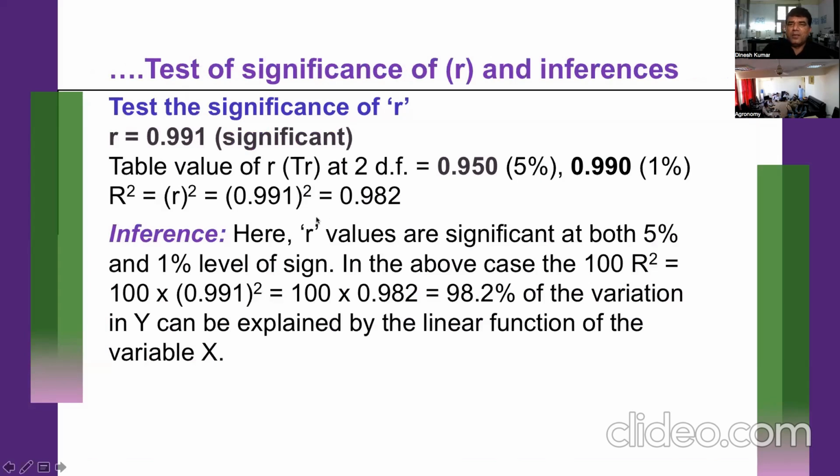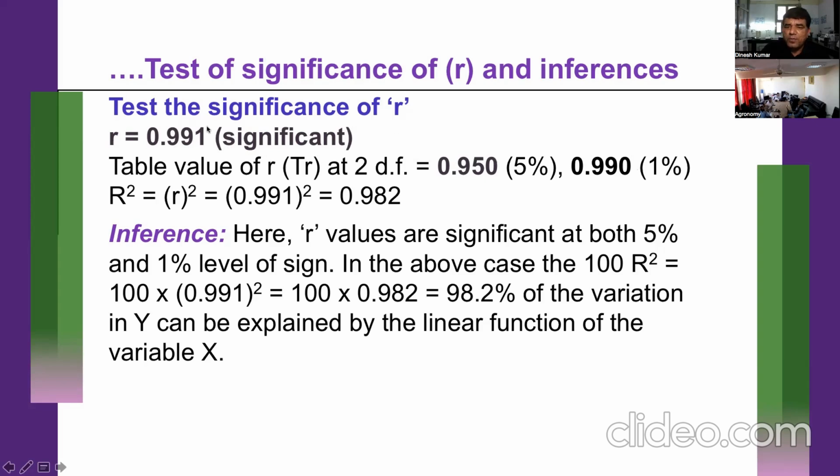Now you can test here. The calculated value was 0.991, and your degree of freedom was n minus 2. So suppose the pairs of data were 4, you will have 2 degrees of freedom. At 2 degrees of freedom, at 5%, the value was 0.950, and at 1%, it was 0.990. Then you can see it is significant, because both values are lower